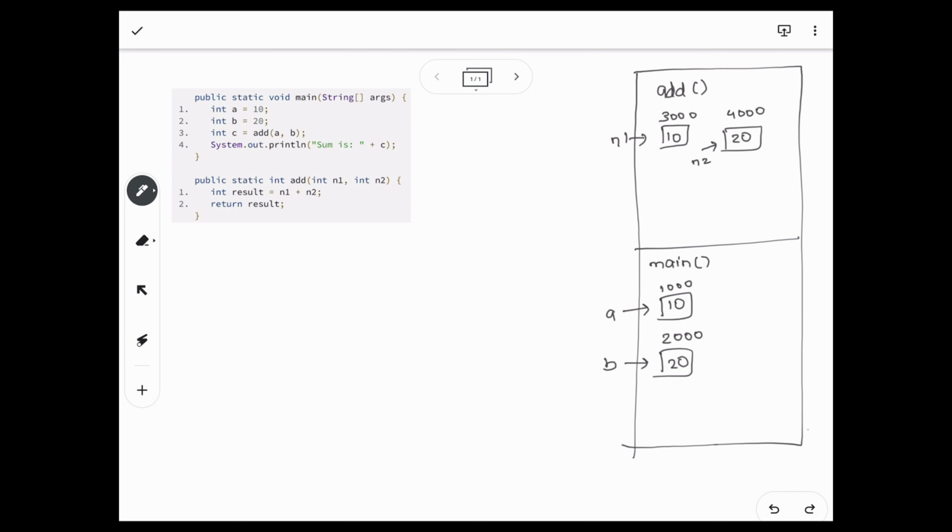Now the execution of add function begins and on line number 1 a memory block, let's say having an address of 5000, is allocated and the result variable is now pointing to this. On this line the values pointed by variables n1 and n2, which is 10 and 20, will be summed up and stored at the memory block which result is pointing to. Now execution moves on to line number 2 and it simply returns the value stored at the memory block pointed by result. Now at this point the add function gets removed from the stack